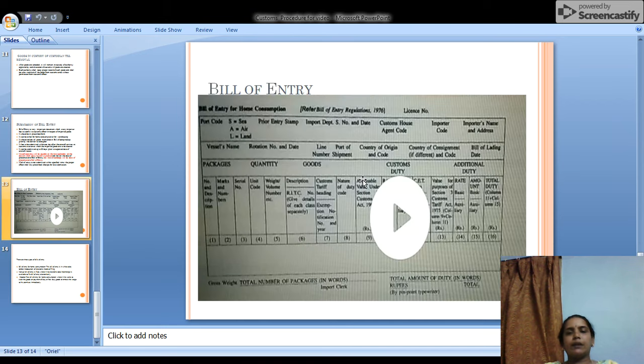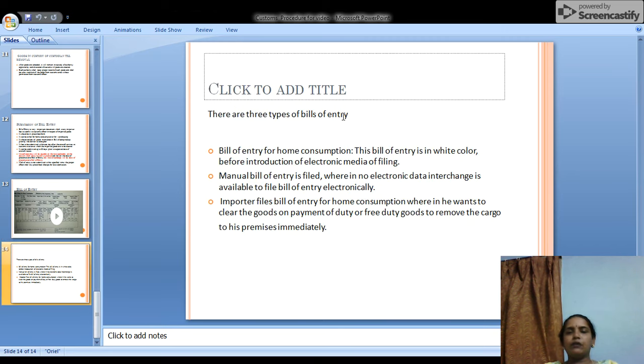See, this is the pattern of the bill of entry. It shows packages, quantity, goods, how much duty you need to pay, additional customs duty. All this will be shown in the bill of entry. Bills of entry are of three types: bill of entry for home consumption, bill of entry for